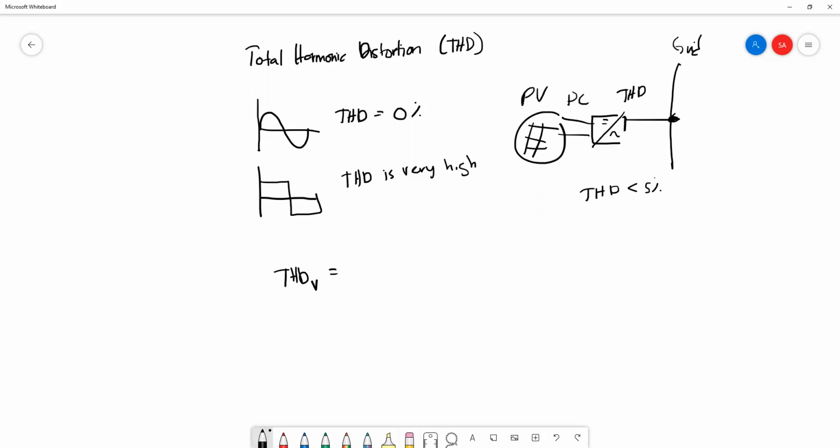The THD is calculated using this equation: the summation of all harmonics' RMS squared, where n starts from 1 until infinity,